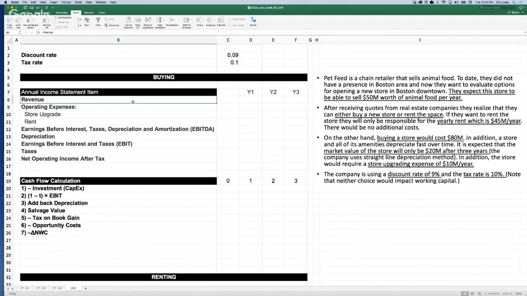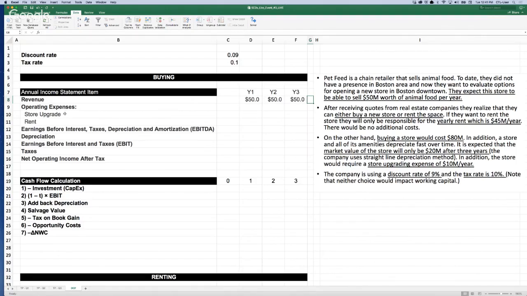So the first item that we need to enter is the revenue, and this is the time period, year 1, 2, 3. The revenue, as you can see, is 50 million. In this table, everything is in millions, and the revenue remains constant throughout the next 3 years.